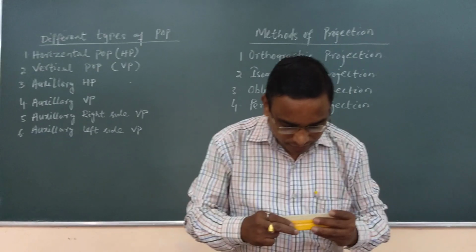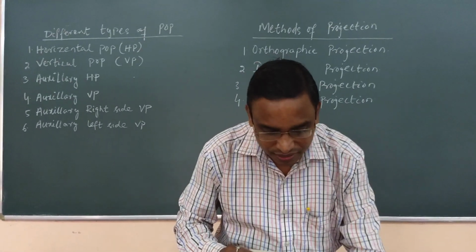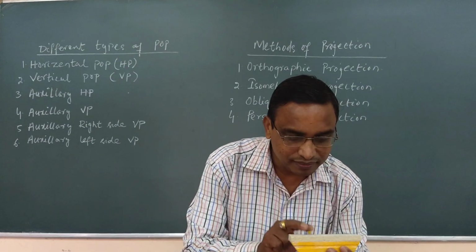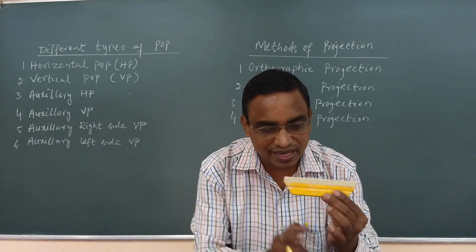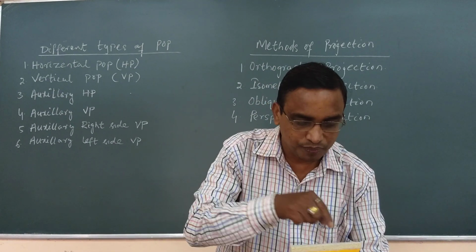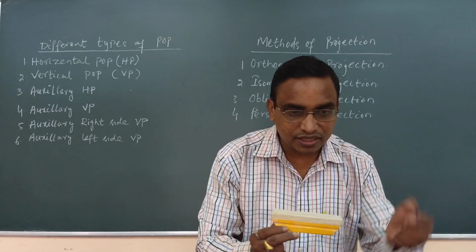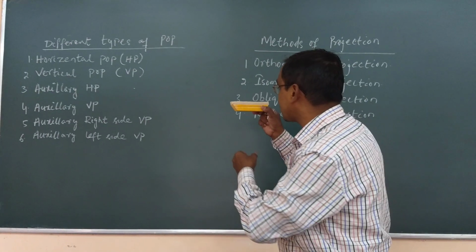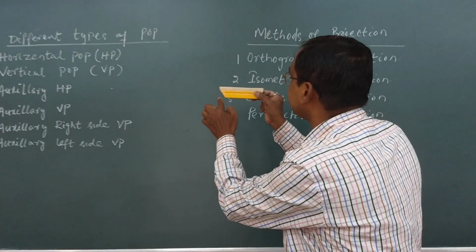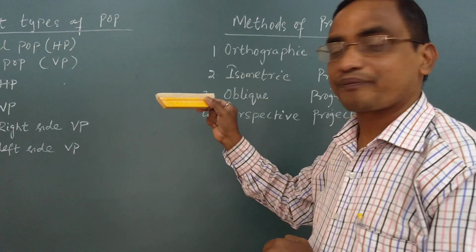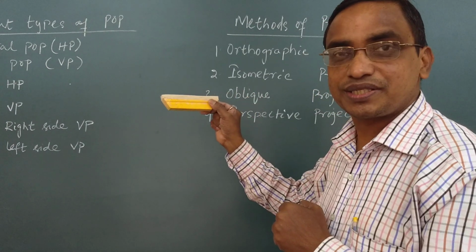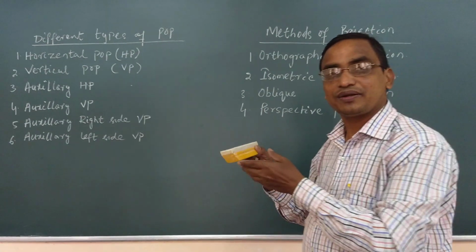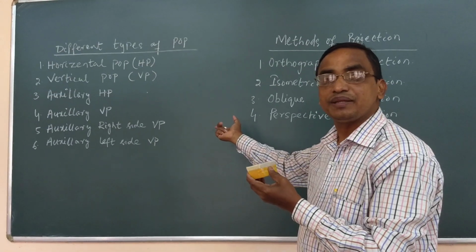And I already told you that top view is marked on HP. Means on HP I mark only a rectangle plus this rectangle that is hidden. We will discuss later on gradually what is observed in case of your top view. Only you remember the 3D object is converted into 2D in top view. Similarly, in front view also I mark this shape of the object. That is also a 2D. So these are all orthographic projections. In orthographic projections, the projectors are parallel to each other and they are perpendicular to the screen, means POP.